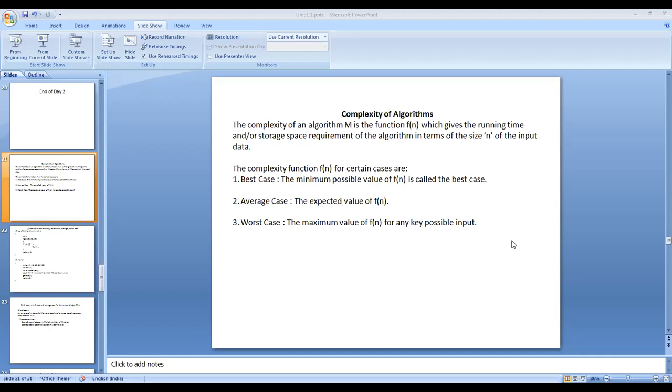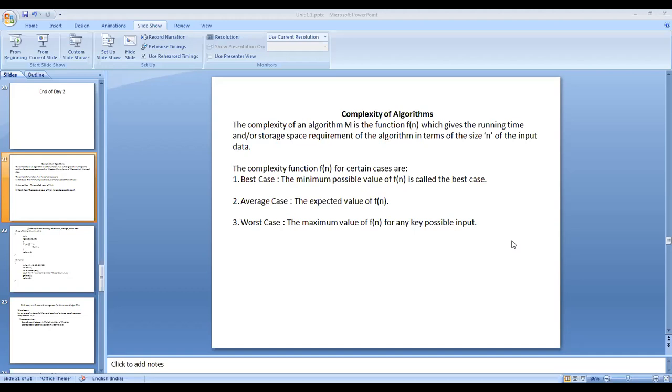As I said, the complexity function comes under three cases, namely best case, average case, and worst case. What is the best case? The minimum possible value for the complexity function f of n is called the best case. If the complexity function takes the minimum value, then that is the best case.